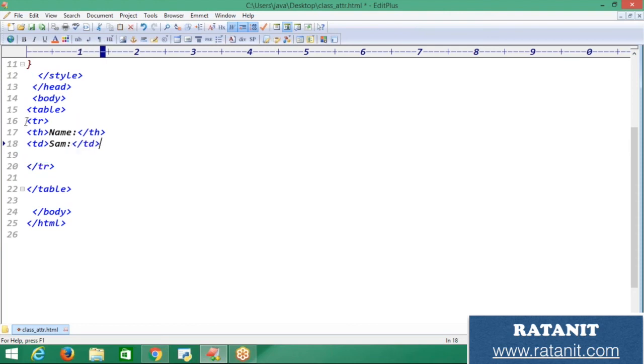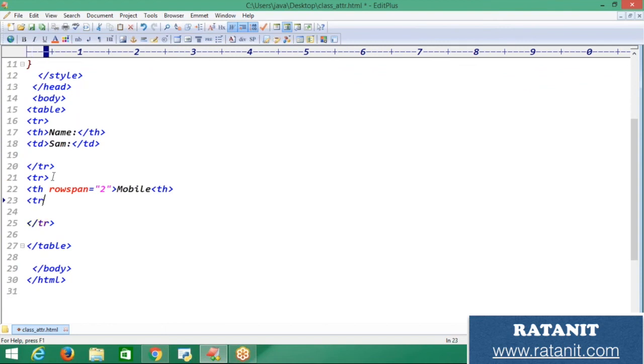Like this, one tr is completed. So I'm going to take another tr and I'm going to close this tr also. And here I need to take the mobile number also, that is the heading, right? So here th, now I am taking rowspan equal to 2. Rowspan equal to 2, and I'm going to add here mobile, and I'm going to close this heading.